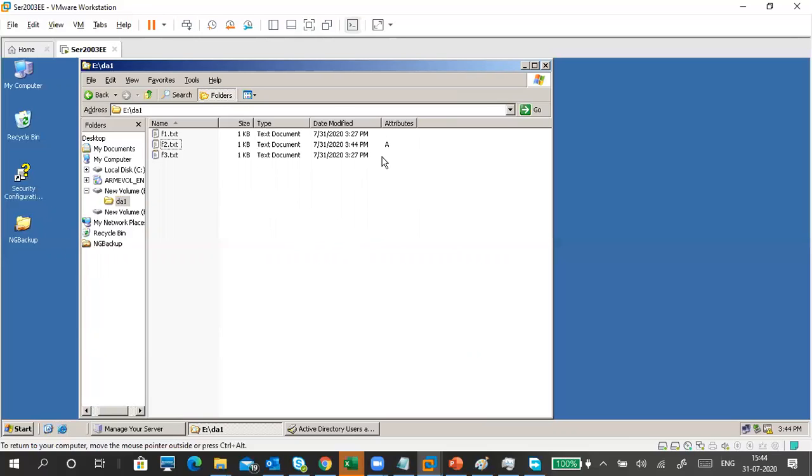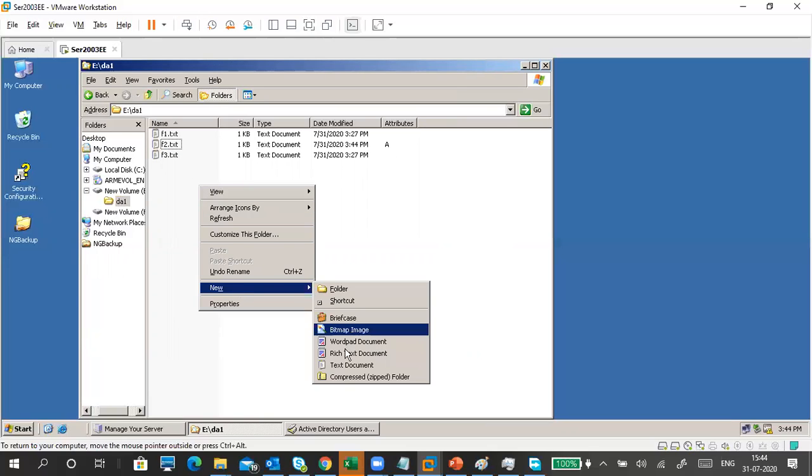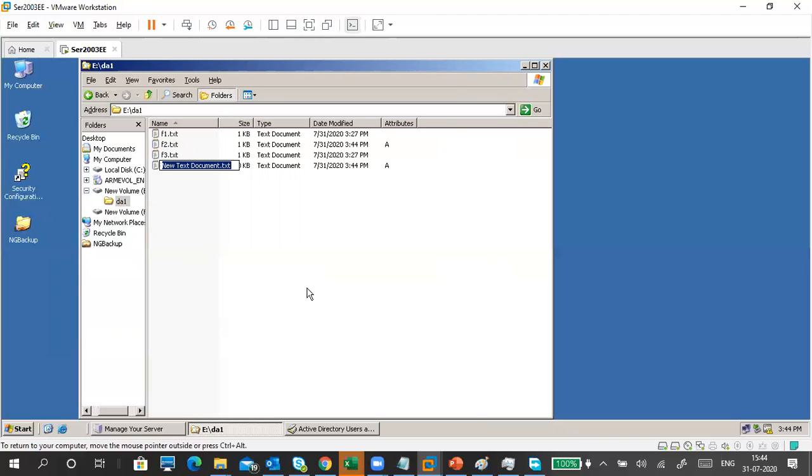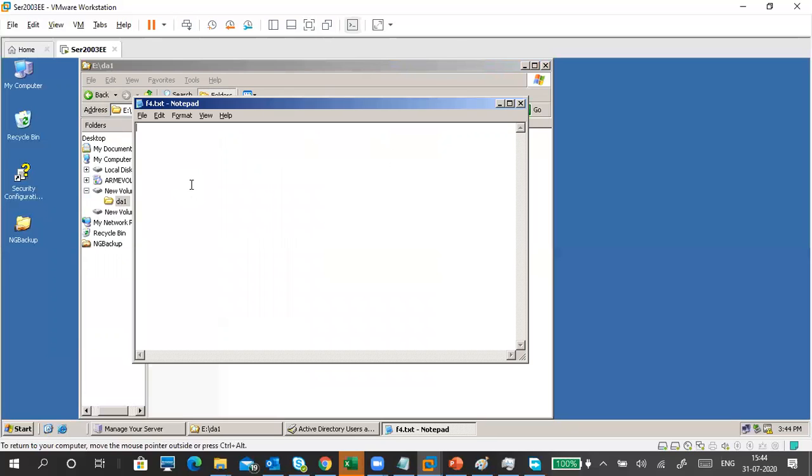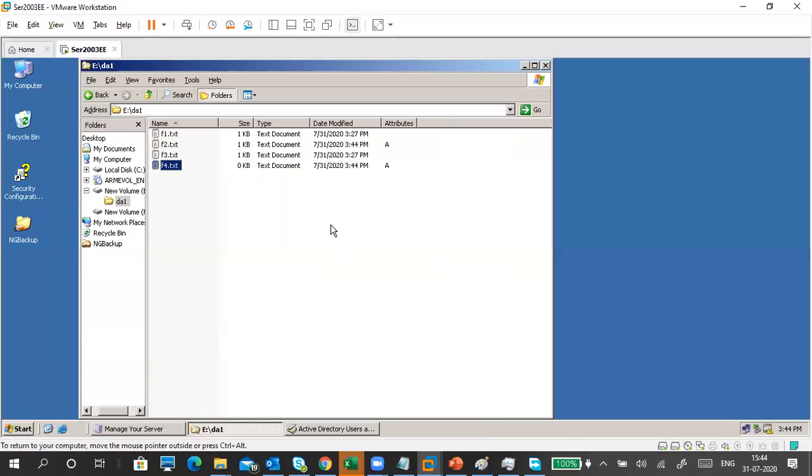This one is not having the archive attribute, and this one is having the archive attribute because I modified this file. And I'm going to create a new file here called f4.txt. Inside, I am putting F4. That's it, nothing else required. Just now, the archive attribute came up. But for F3 and F1, the archive attribute is not showing.